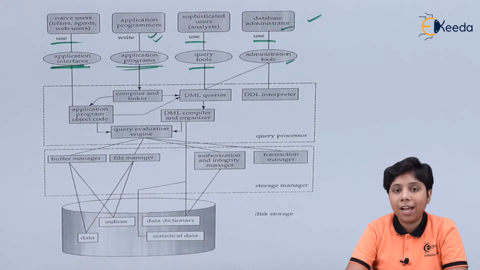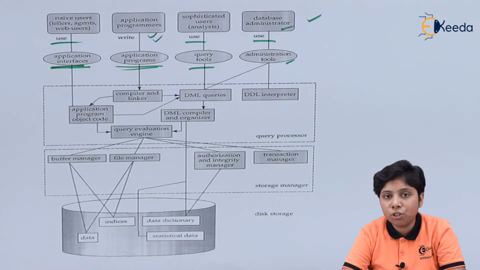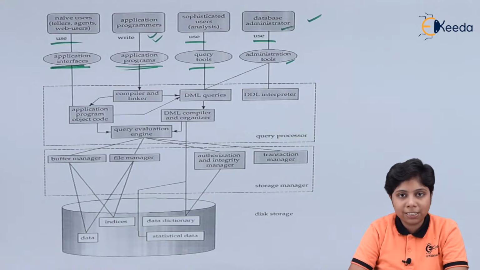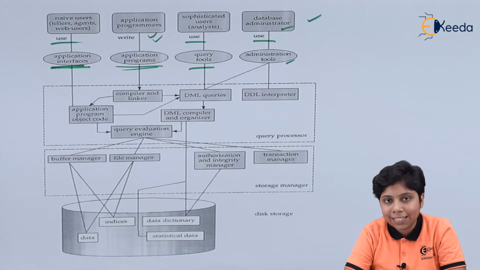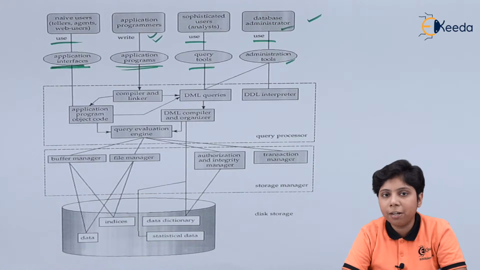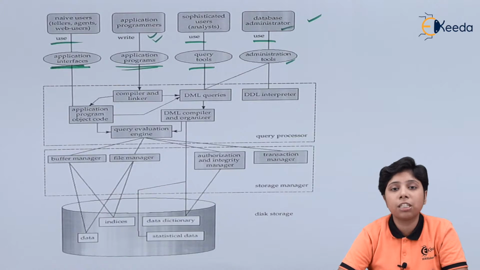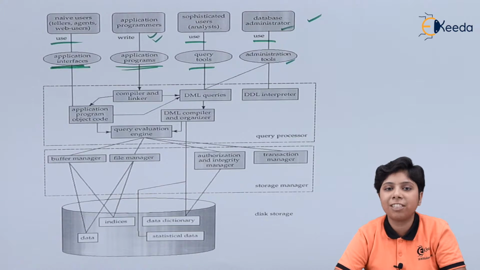Now we move to the DDL interpreter and the DML compiler, that is, the storage manager and the query processing, the querying task. In this way, the application program object code is first generated, then the query evaluation engine produces all the query plans that can be run on that particular database. There can be many query plans on a particular database, and the query evaluation engine then generates the query optimization code,